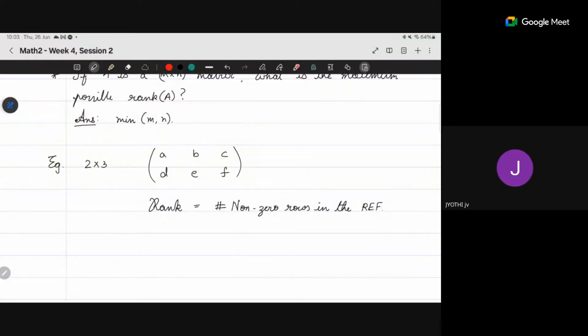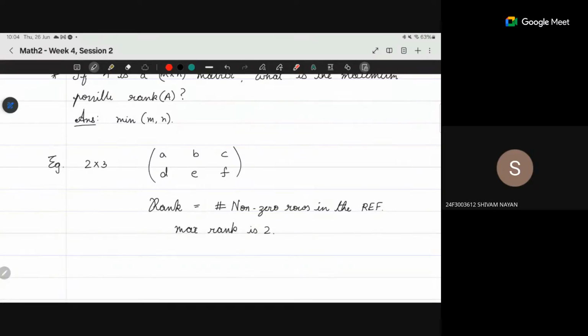Now, how many non-zero rows can be there? 2 maximum, because there are only 2 rows. So maximum rank